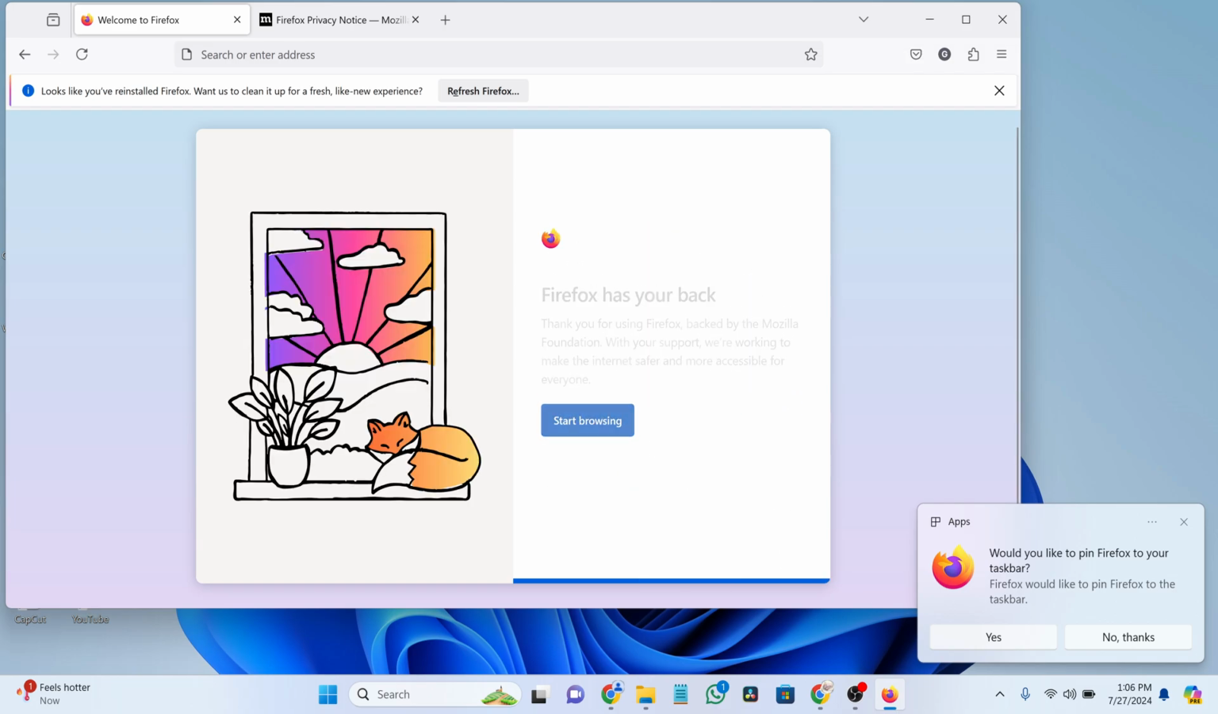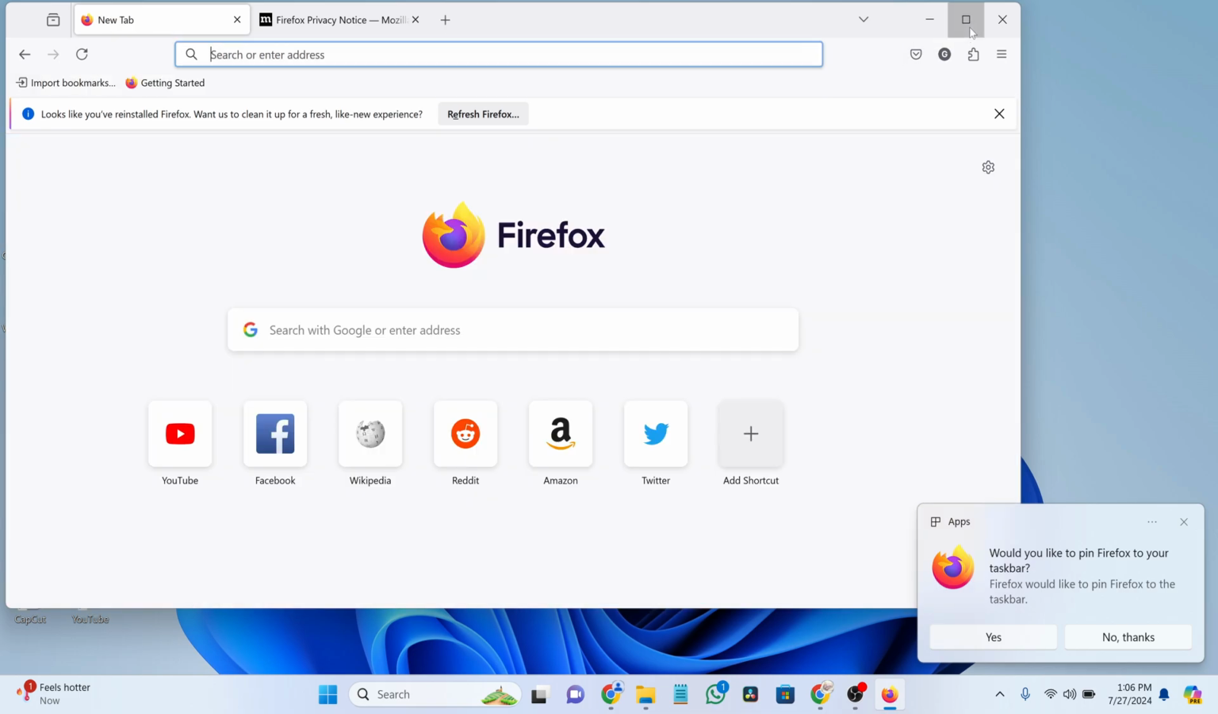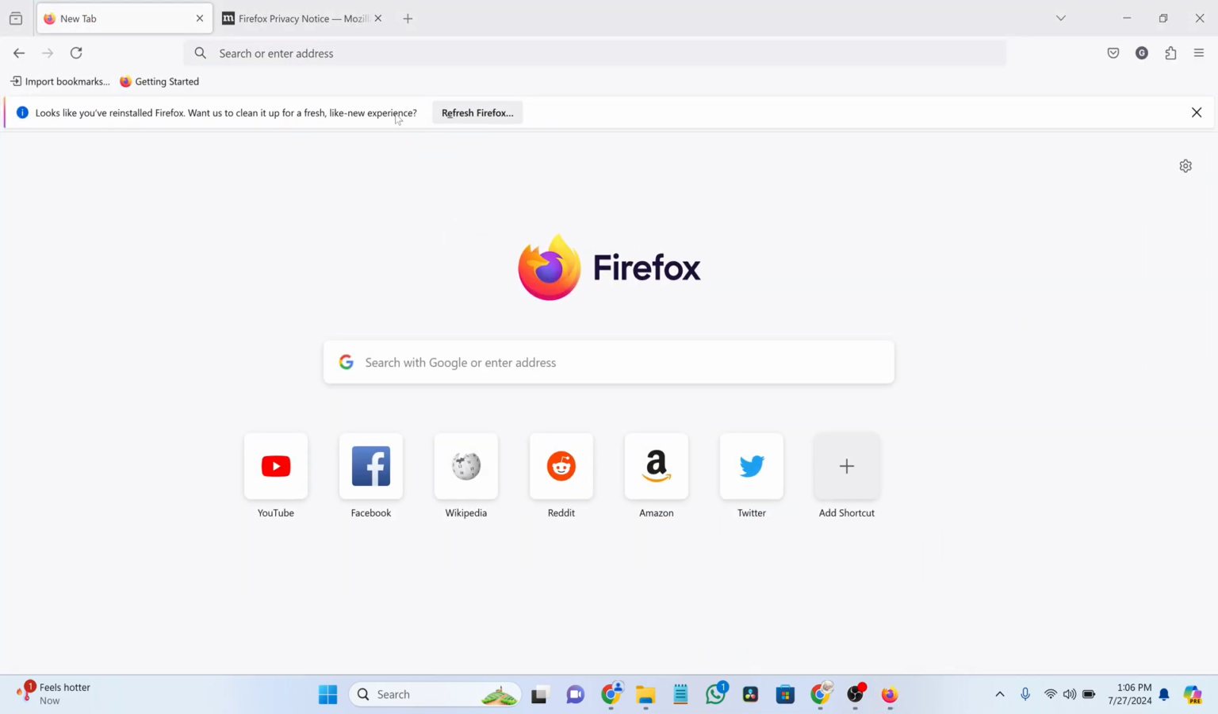Now, Firefox is installed and ready to use. You can start exploring its features and enjoy browsing the web. And that's it. You've successfully downloaded and installed Firefox on